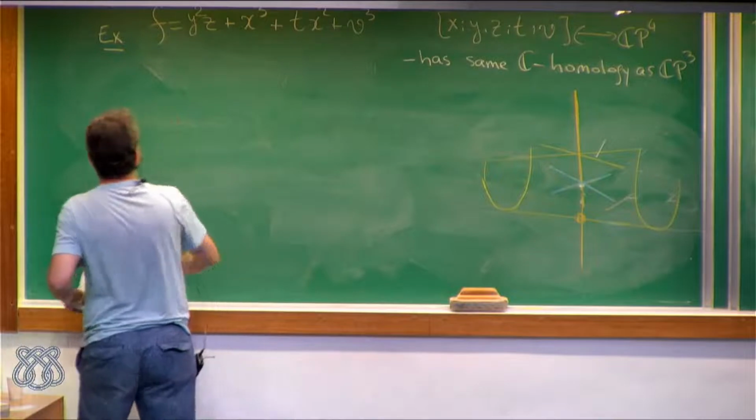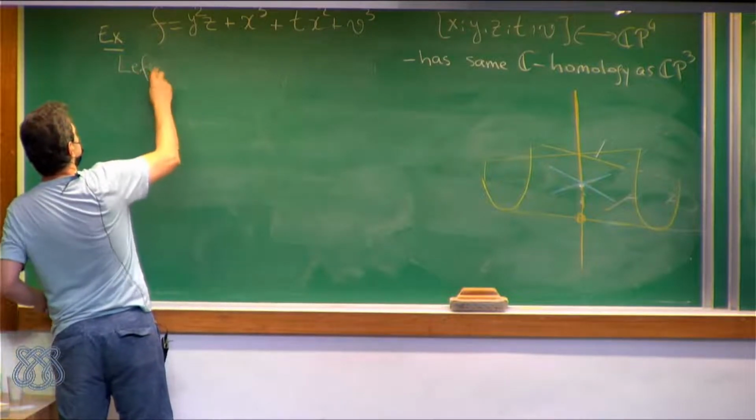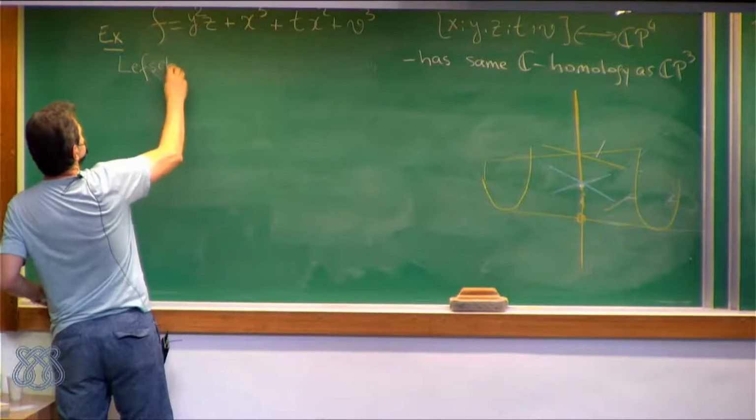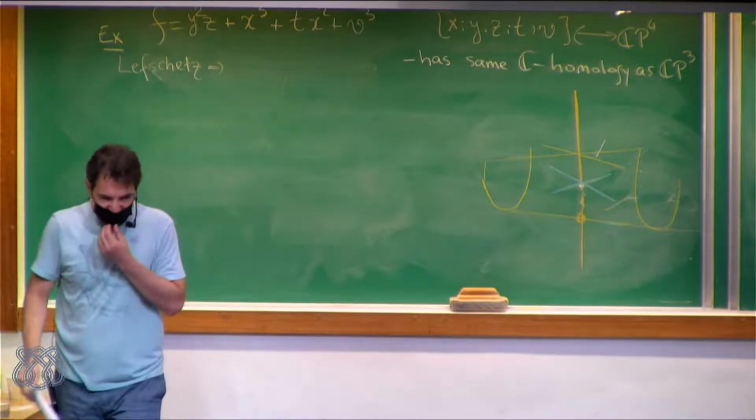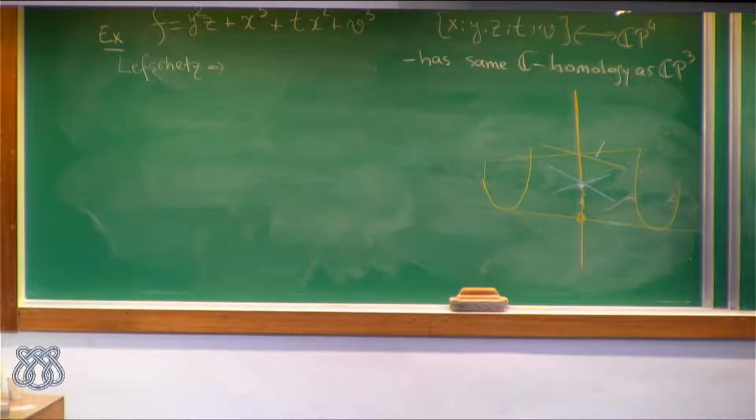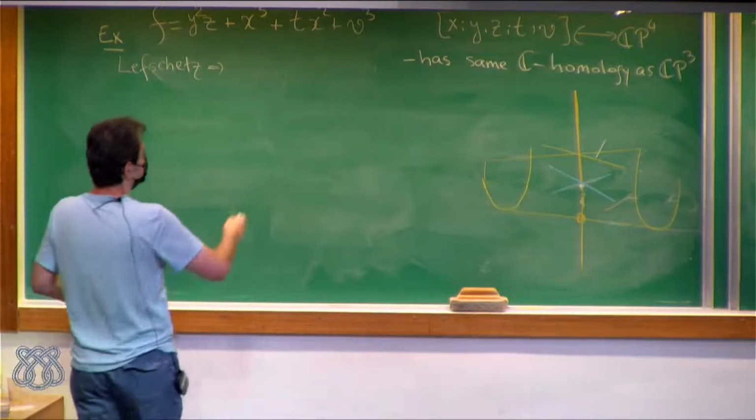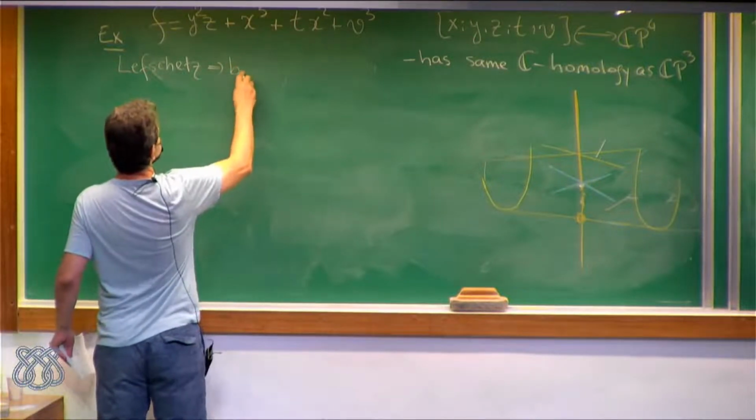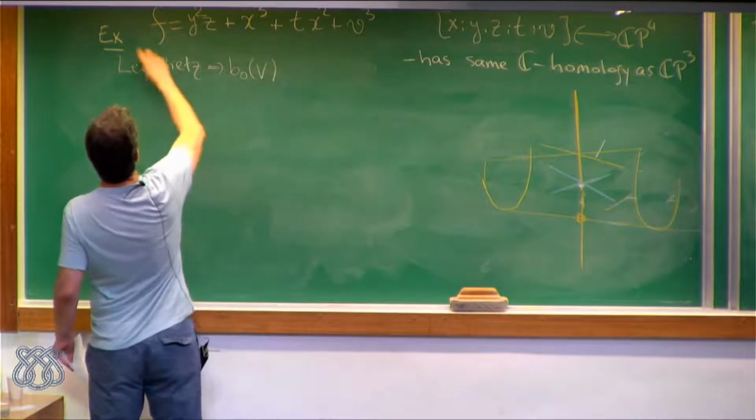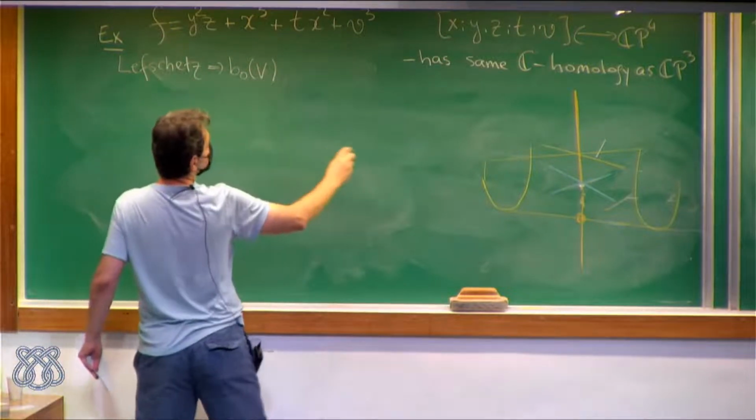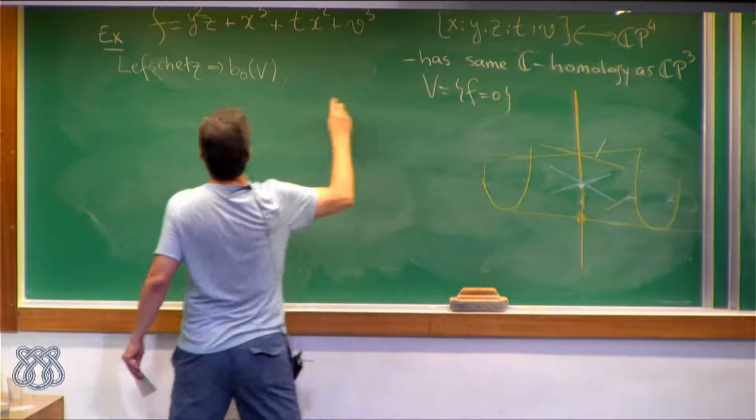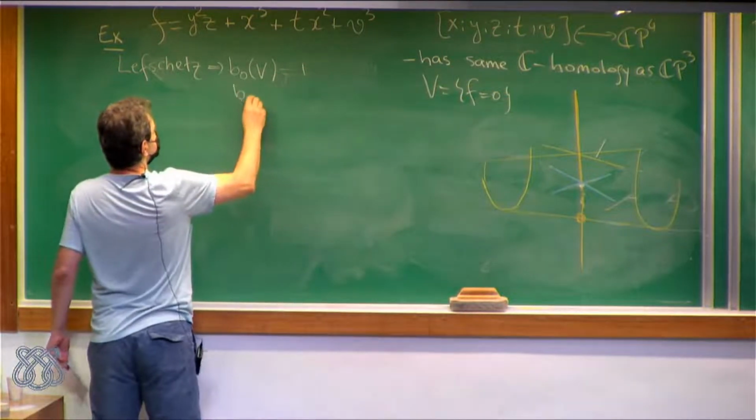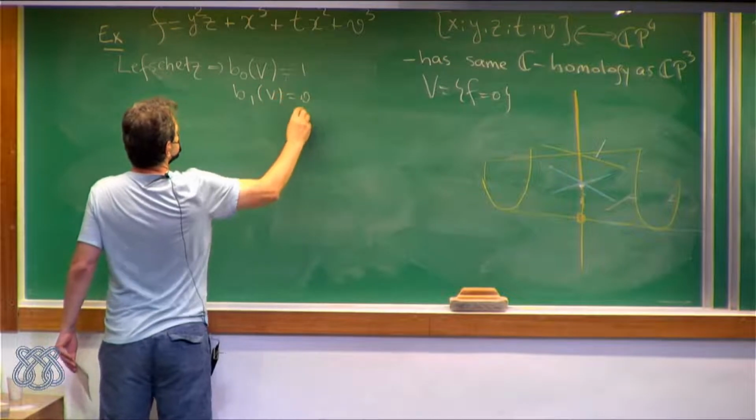All right, so now Lefschetz tells us that Betti numbers below the middle are those of the ambient projective space. So this is a threefold, so B0 of V, so V is F equal to 0, right? I should put it somewhere. So B0 is 1, B1 is 0, and